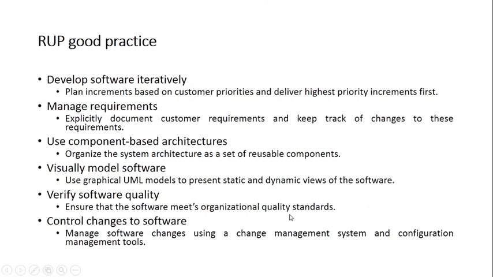organizational quality standards. See, quality is most important, right? Quality is achieved when the non-functional requirements which are applicable to your system are fulfilled. Like if I say banking software, if it is secure, then we'll say it is a quality product. Though all the functionalities are working properly, if security is compromised, we'll never say it's a quality product, right? So the non-functional requirements are what lead to quality. So you must ensure that all the quality standards, non-functional requirements, rules and regulations are adopted, which is used in this model. And the last one is control changes to your software.